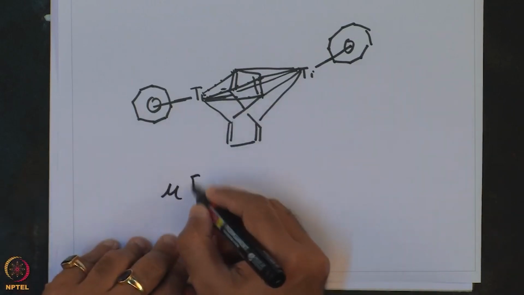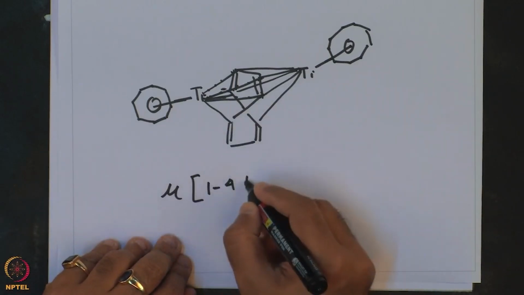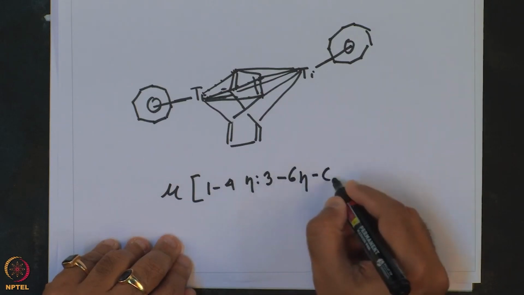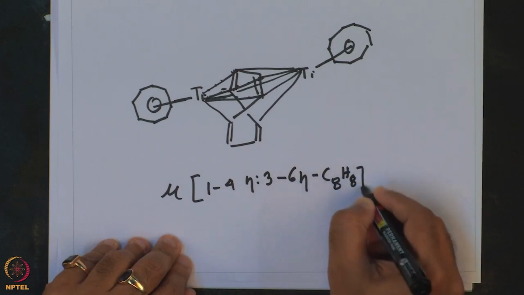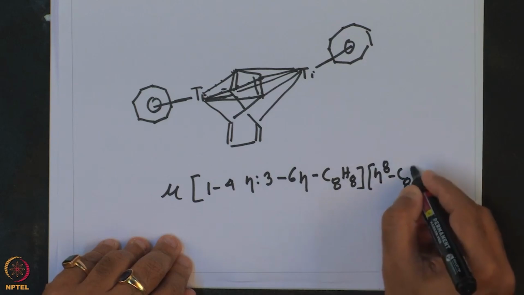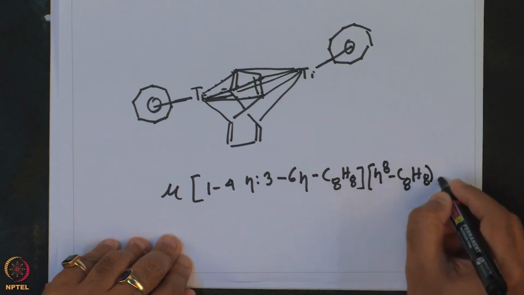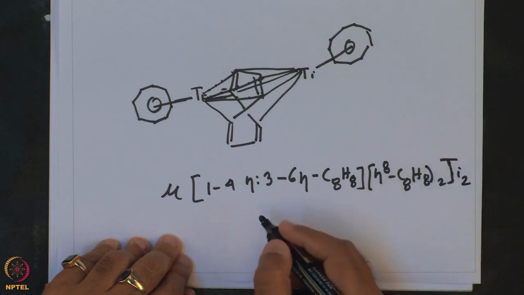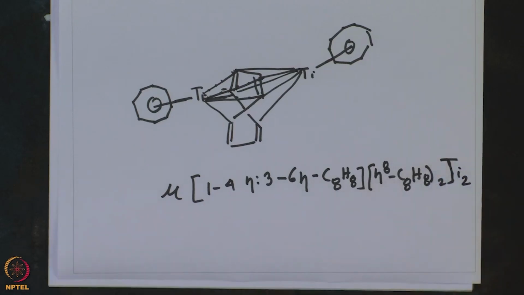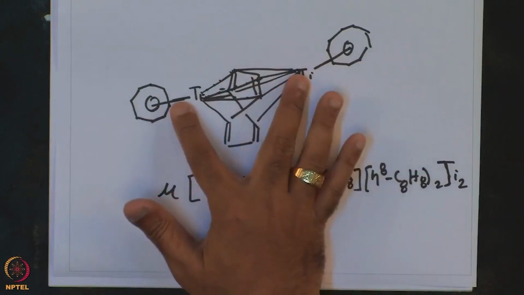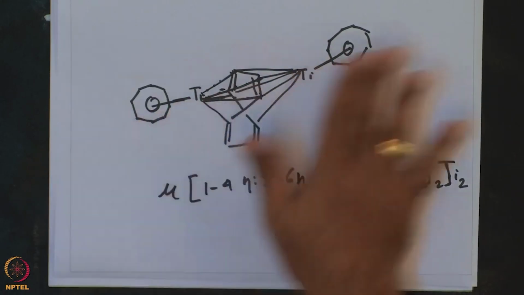So this is mu eta 4 eta 4 C8H8 with eta 8 C8H8 on each titanium. So this is an interesting compound in which a puckered eta 4 C8H8 binds to two different titanium, each of them then bound to another planar